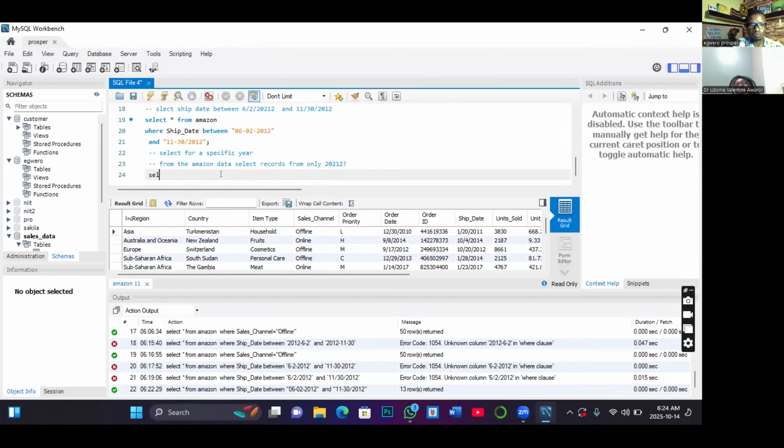So the syntax will be select all from the table name, which is Amazon. Let me break it down. Where